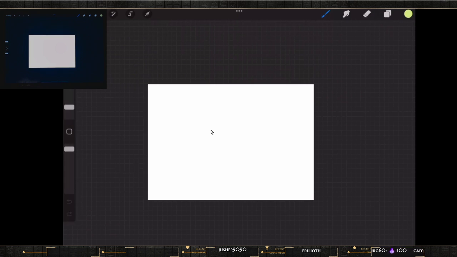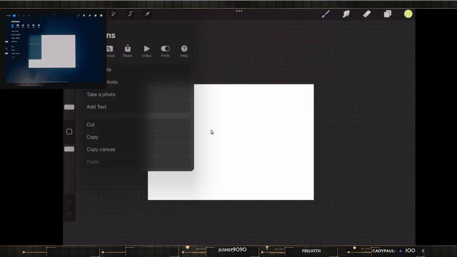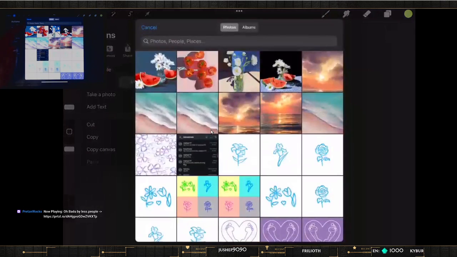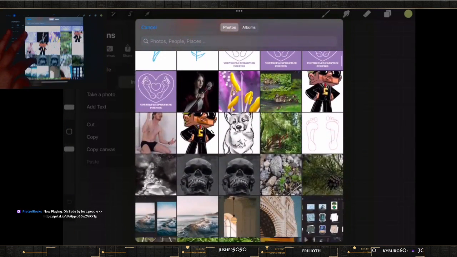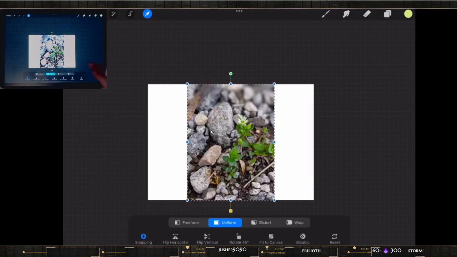beginners Procreate detail thing. Okay, so if you want to add references, I like to do this where if you swipe it to the left, you can insert a photo, so then you can go to your photos and grab an image that you got. Like let's say we wanted to do this one. So now I have this in, and you see how it's in the